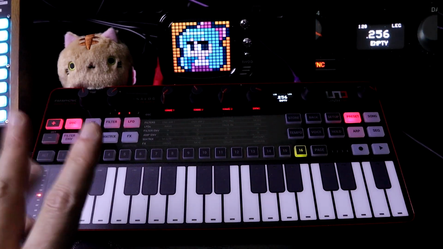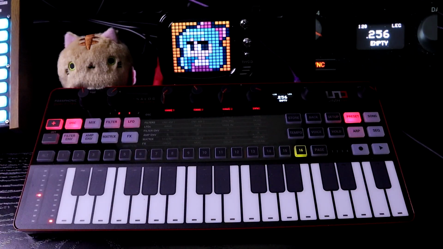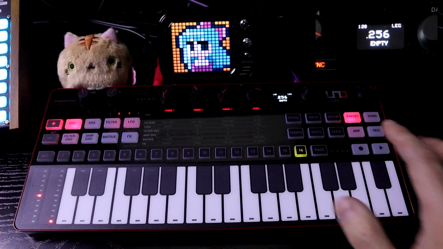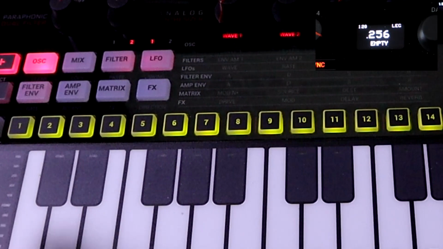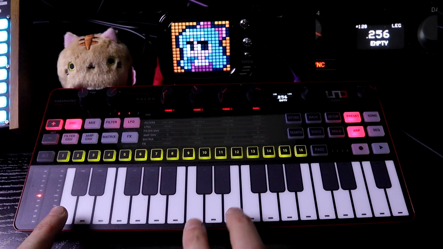In this video, we're going to go into more depth on how the arpeggiator and sequencer works on the Uno Synth Pro desktop. There's a lot more depth that I'm going to be covering in later videos. So if we press ARP here, we see all 16 steps are lit. So if I play some notes here,